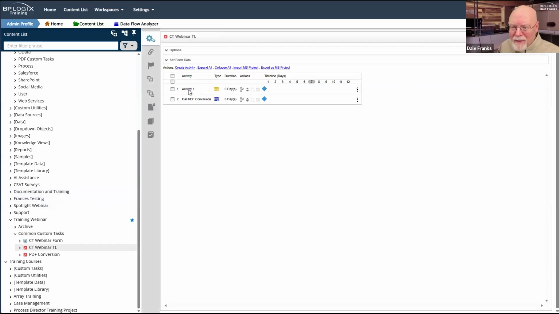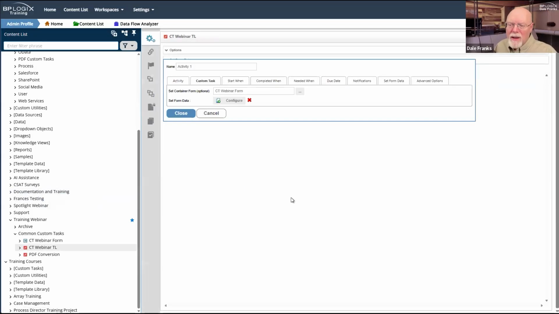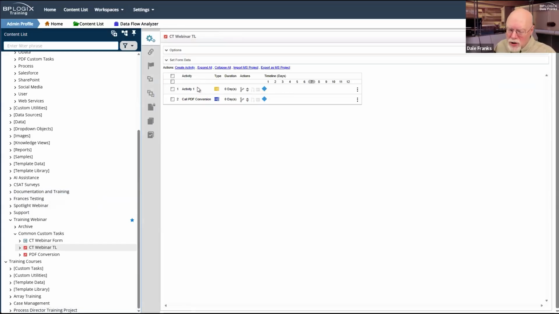But for this one weird little use case, the reason why we like to run this set form data as a process timeline activity, generally the very first activity that fires when the process timeline starts, is if I'm going to be using sequence numbers. I got to have a good way to not burn sequence numbers. So it really has to be on the timeline.